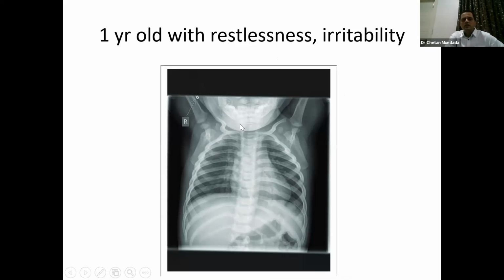And when we look at the X-ray and we go methodically, the soft tissues are fine. When we look at the bones, you have here, there is a fracture. So this is what we classically call non-accidental injuries, the child abuse fractures. Rib fractures are very common in these cases, and that's why we need to make sure that whenever we are looking at X-rays, we look at them in a methodical manner.